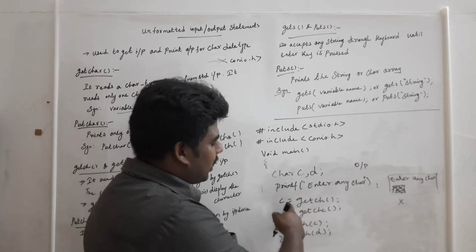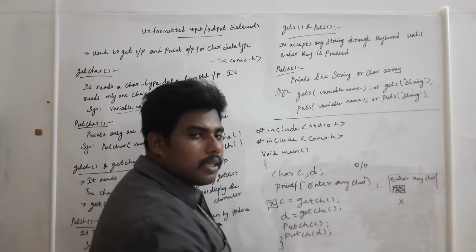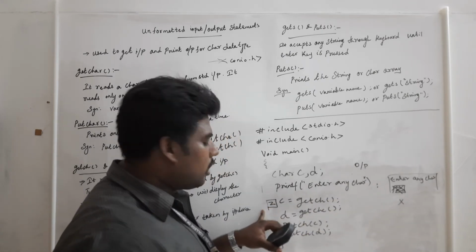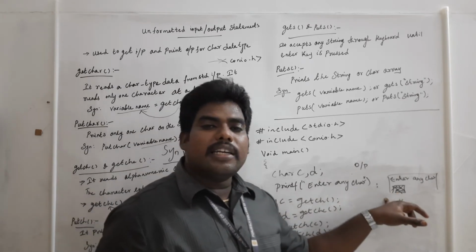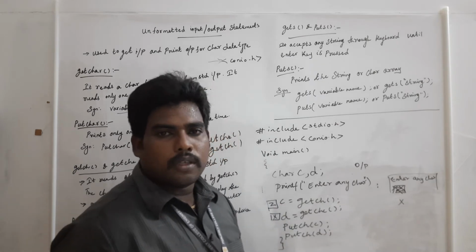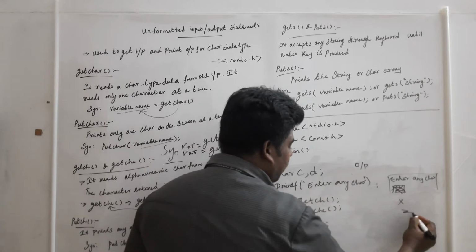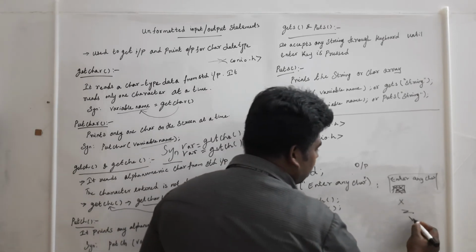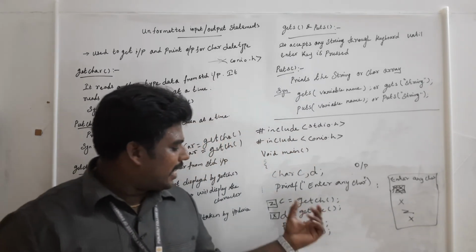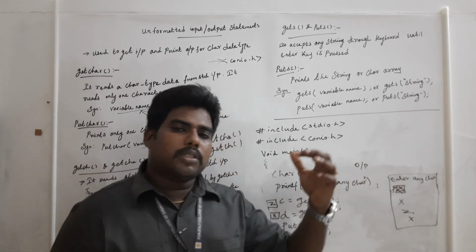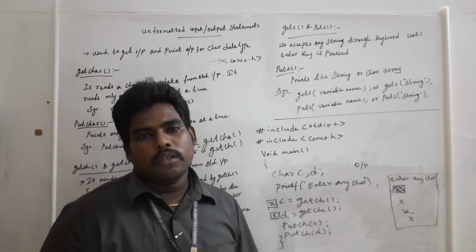So these two lines are over. Getting a character, z will be stored in c and x is stored in d, but this z is not displayed in the output screen. Got it? Now putch of c. What is c? c is now z. You are printing the c. putch of d, then x. This is the output string. All of you got it? getch will get the character, but it won't display it in the output screen. getche will get the character and echo it in the output screen. All of you got it?